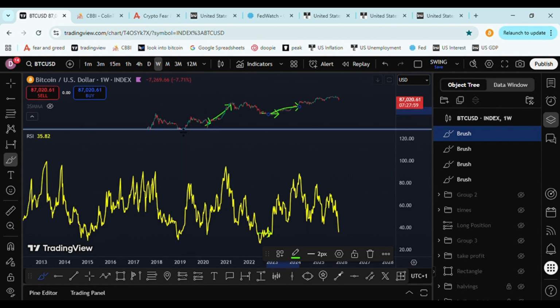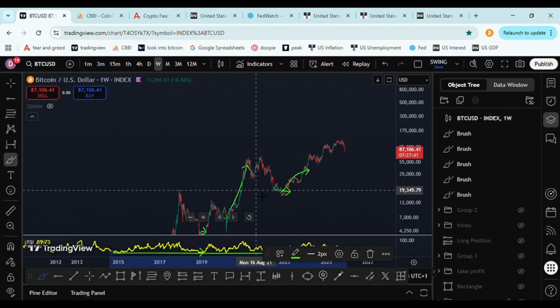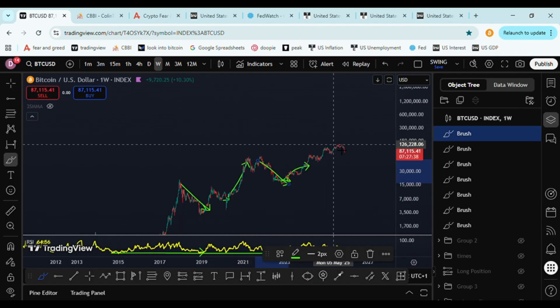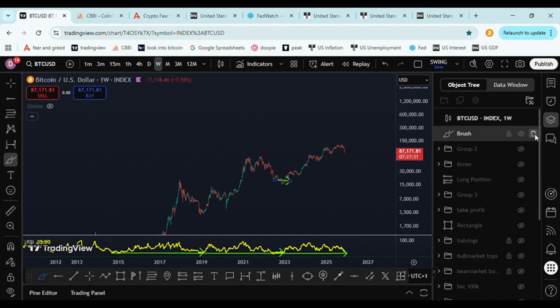We've seen 36. Here we went below 36 as well, which was also one of the bear markets. So we could draw this line: if we go down all the way to 30, that would definitely be a good moment to buy a little bit more. On the other hand, these bear markets normally last a year, so we could see a year-long downtrend that goes down all the way to 50k or maybe even lower.